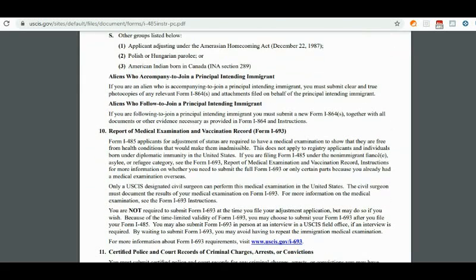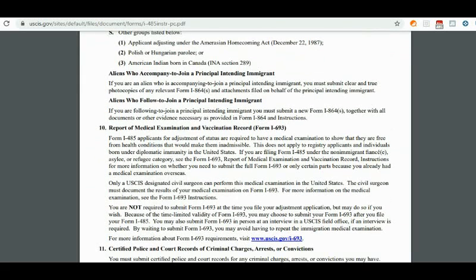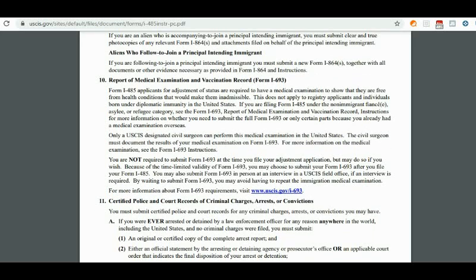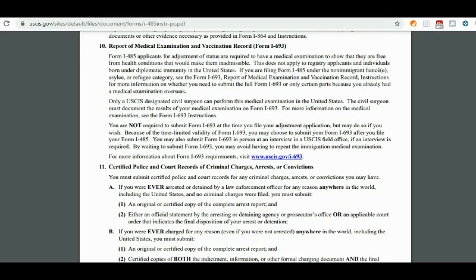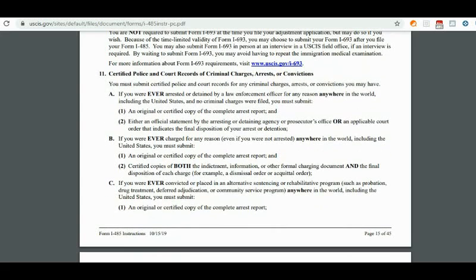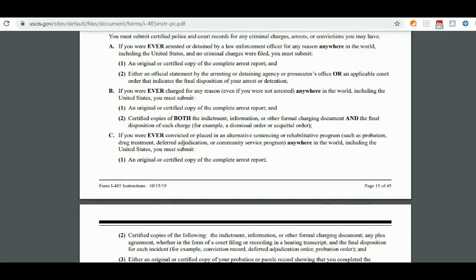Okay, and then you're going to need a medical examination and vaccination record. You have to fill out a form I-693. You take the exam and you have to submit the form and the result as well. Okay, you have to send that. Next here is certified police and court records of criminal charges, arrests or convictions. Okay, if you have any documents related to those, you have to submit them to USCIS. You have to submit them with your I-485. Okay,